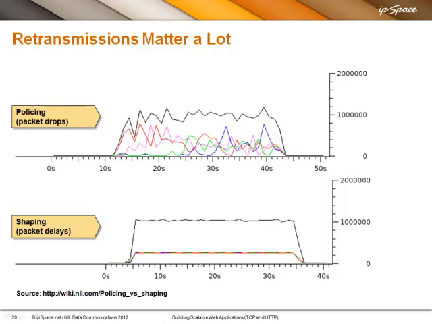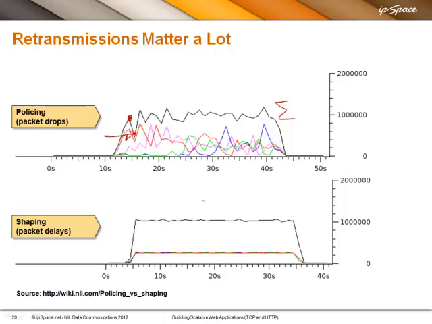Another graph from Jeremy, he published this on my wiki, so here's the URL at the bottom. What he did was configure either policing or shaping on a router interface, and then he ran 4 TCP sessions over it. As you can see, with policing, which is actually packet drops, the moment a packet is dropped from one session, that session reduces its bandwidth considerably. And so on, and so on. So you get these totally unpredictable curves. By the way, black is the summary, and the other colors are individual sessions.